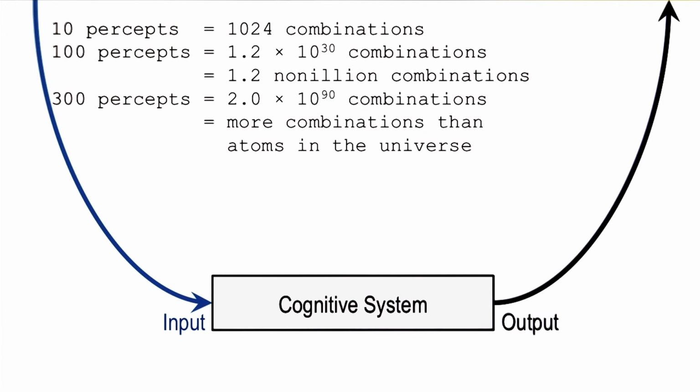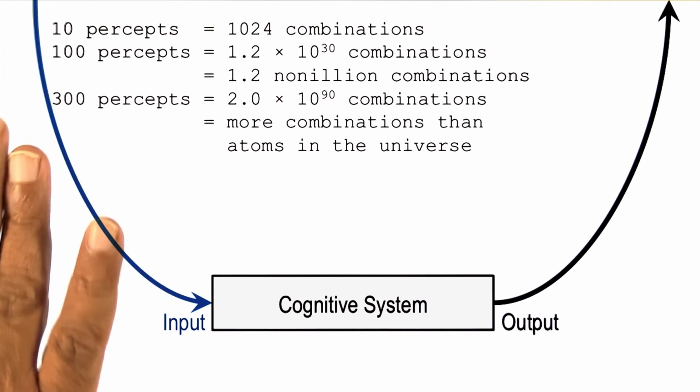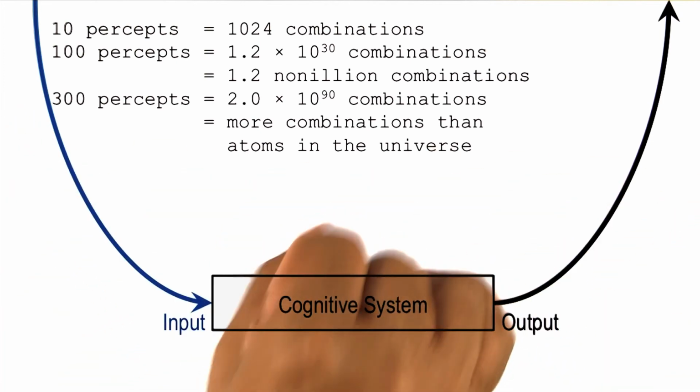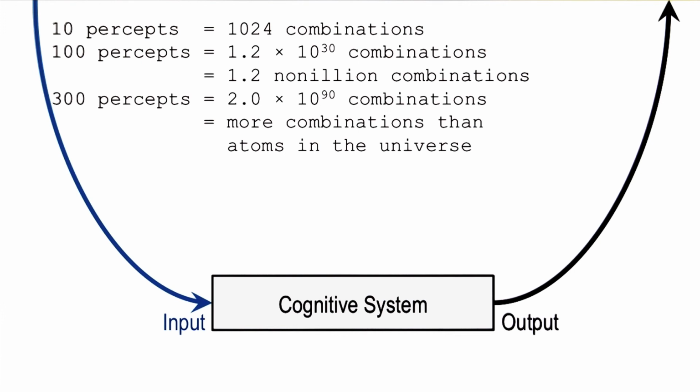The other aspect of this is that if the number of percepts is large and the number of actions is large, then the mapping between them becomes very large and very complicated quickly. But intelligent agents have only finite resources. How is it then that we can select the right action, or at least most of the time select the right action, even when the environment is very complex, and do so in near real time?